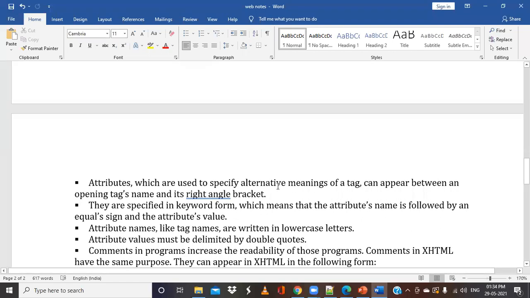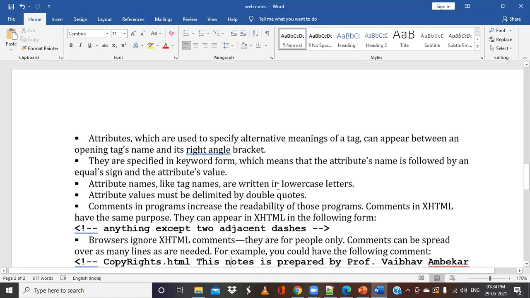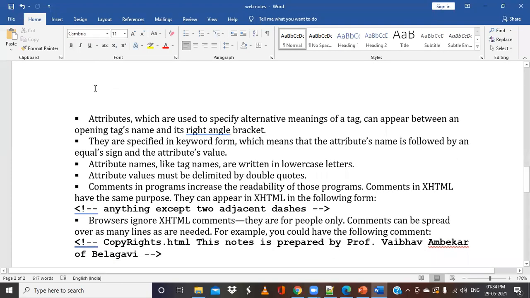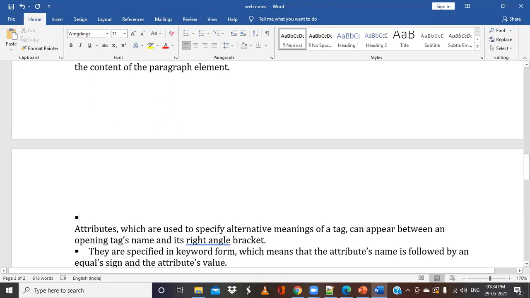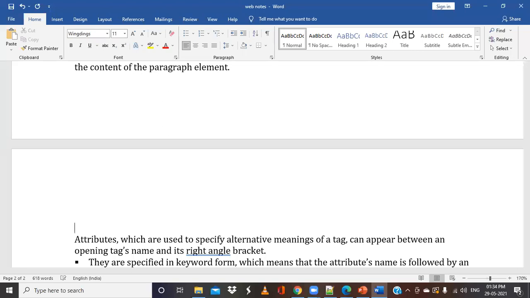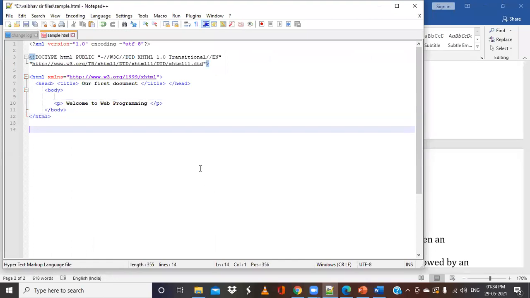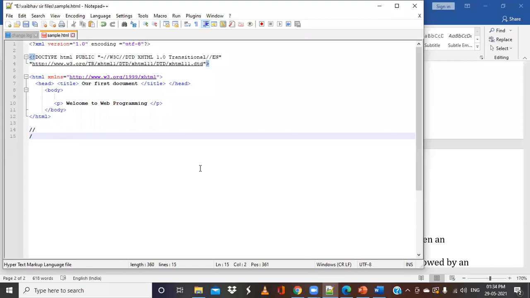And how can we write comments? The comments can be written in this form. Like in a C program, to write a single line comment, we use a double slash. Like in a C program, we use comments like this. Or to have multiple line comments, we can use slash star, then we can have multiple lines of comments and then close them with star slash. So these are the multiple line comments.